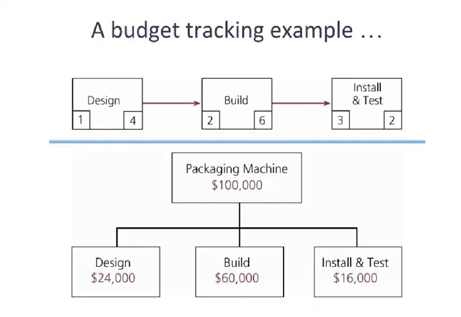This slide shows the example at an extraordinarily high level. It's a very simple example, but it will be sufficient to help us understand how this process works and to not get lost in the numbers and lost in the process. At the top, you see the network diagram. The network diagram has only 3 work packages, or activities in this case. We have the design work package, we have the build work package, and we have the install and test work